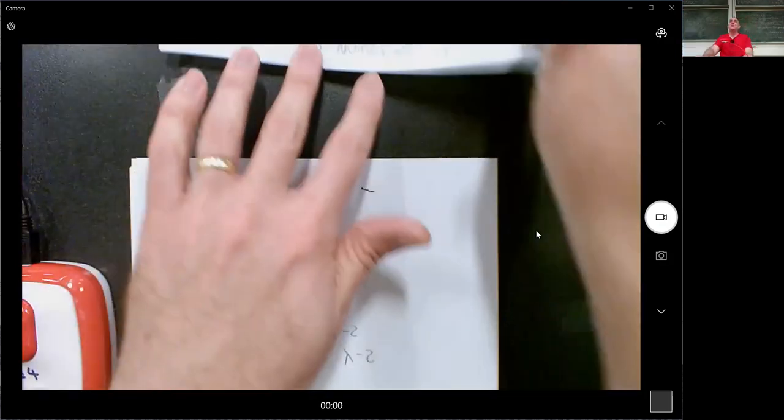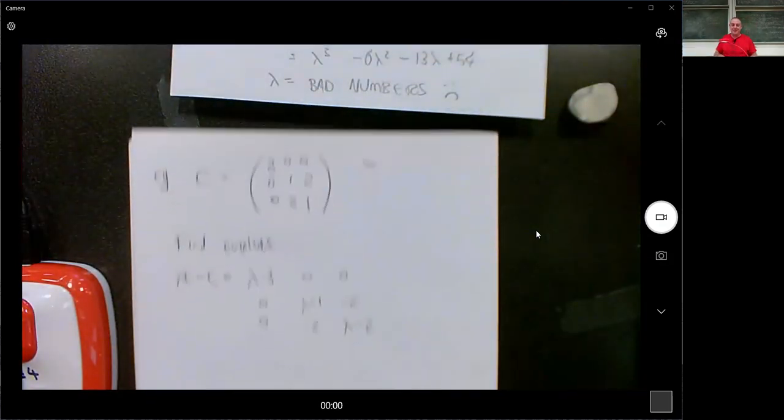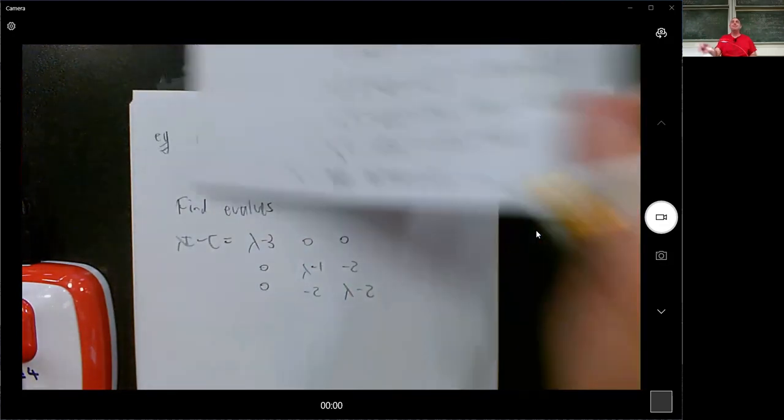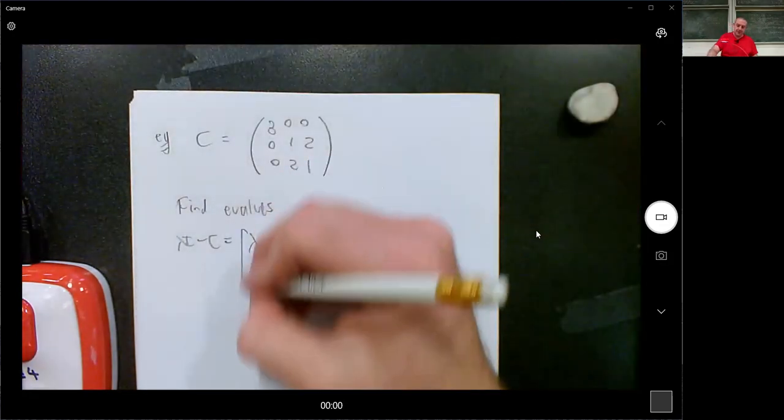Sorry, I know it's gone, but I just needed to change those to B's because that's what they were. Yep. So in that matrix C,